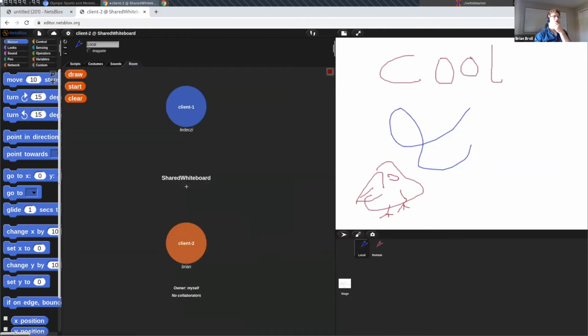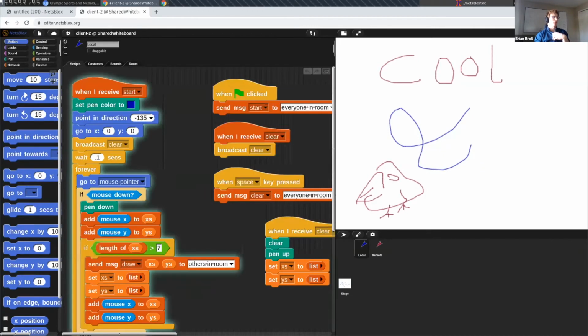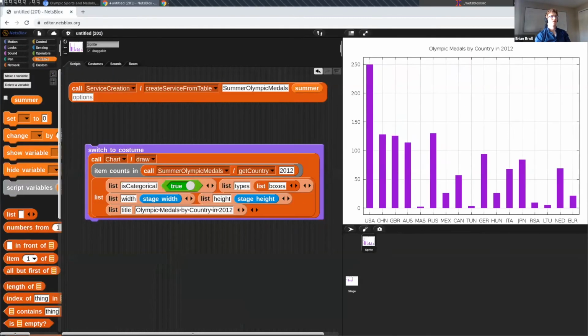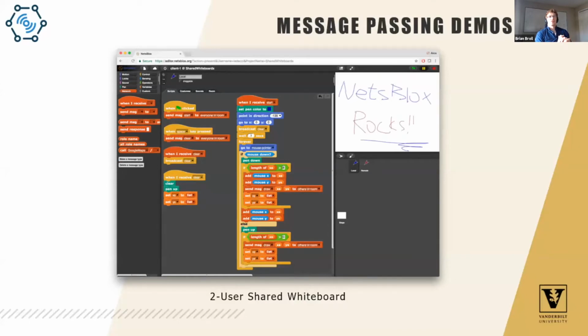For example, not to jump into this too much, but we could actually inspect some of these messages that are being used here. We can see that we're sending a list of X and Y coordinates and things like this. So it's not abstracted away to the point where it's trivial, but it's abstracted away to the point where students can actually focus on the questions and problems of interest, which I think was super exciting.